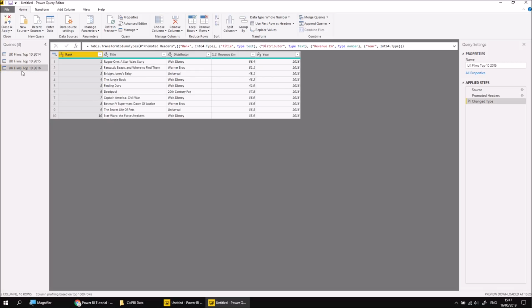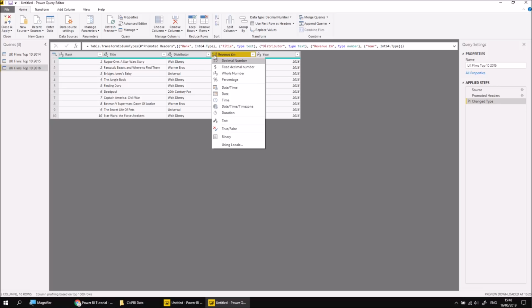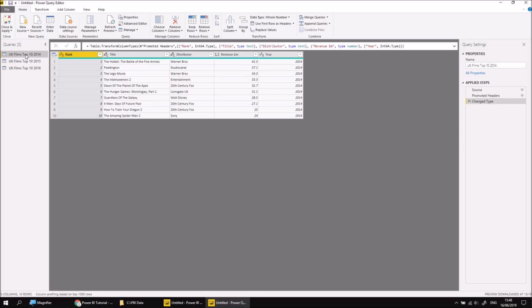One of the advantages of using the long-winded method of importing multiple files is that we can use the tools in the query editor to mold our data to make sure that it's consistent. So if we had, for instance, different column names between the different queries, we could just rename them here. We can equally change the data types just by using the data type tool. But as our data is pretty consistent already, all we need to do at this point is head to the